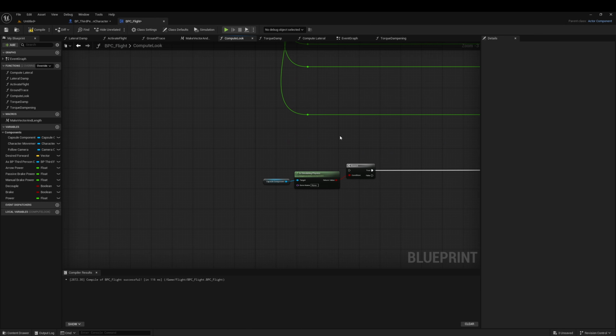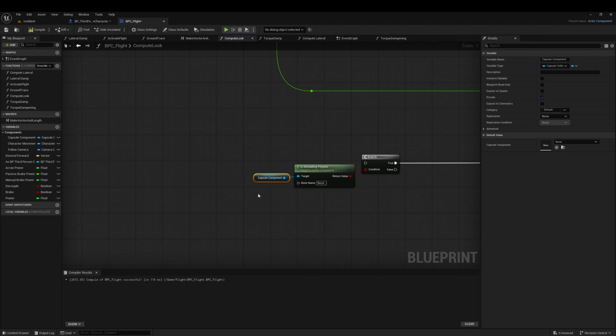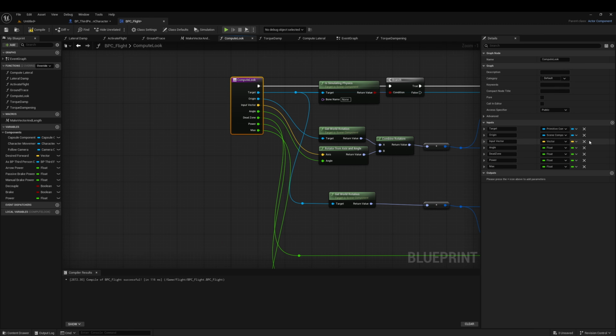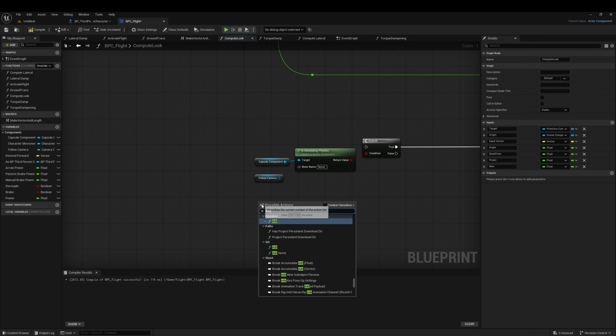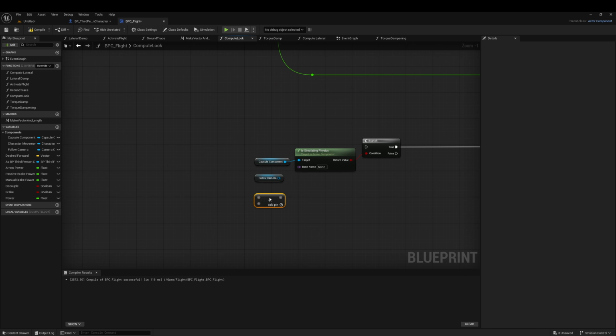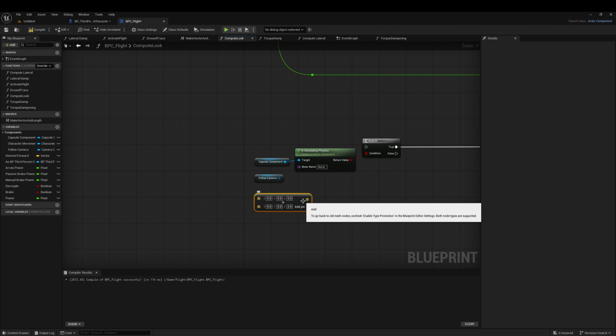So we also want, for the second input, the follow camera, and that's going to be a scene component if you want to do the input for that. Scene component here. Then we want an input vector. The way I'm going to do it right now to fake it is to do an add and then change this to a vector value. And this is for future proofing your